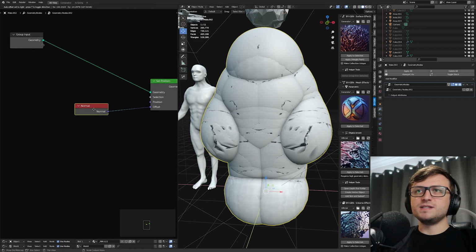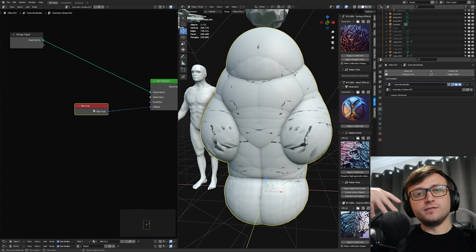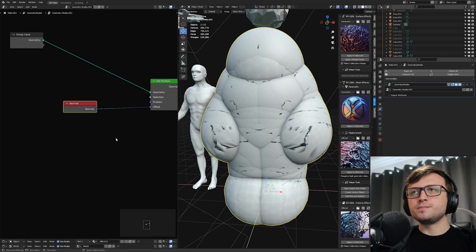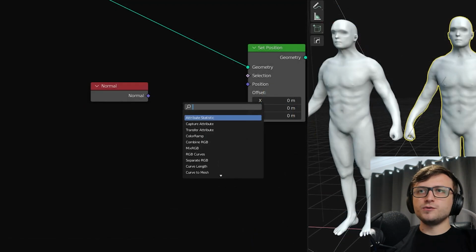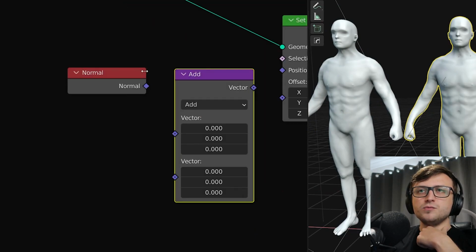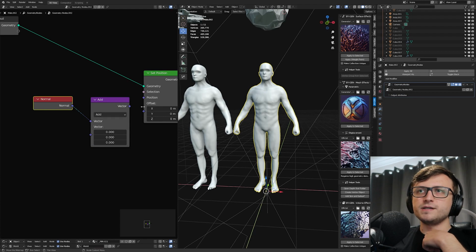But basically what this means is we can now modify the position of every face individually by using this normal value, as opposed to unplugging it and moving every face all at once. So what I'll do now is add a vector math node, because normal, as you can see, is this purple diamond here, and that represents a vector value. So when we're modifying this, we're doing it with vector math. So I'll plug this into the default vector math node here, which is set to add,